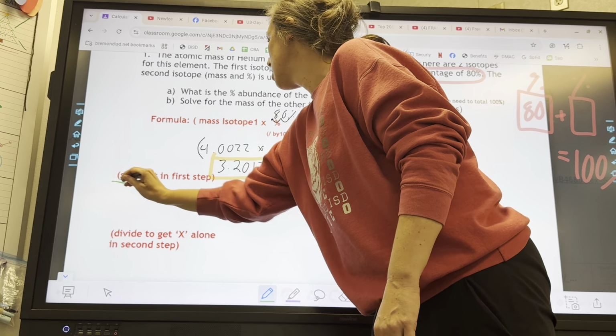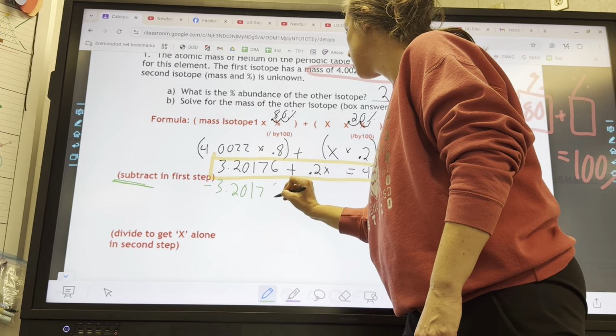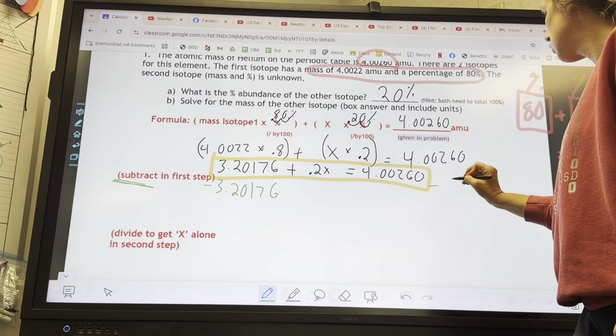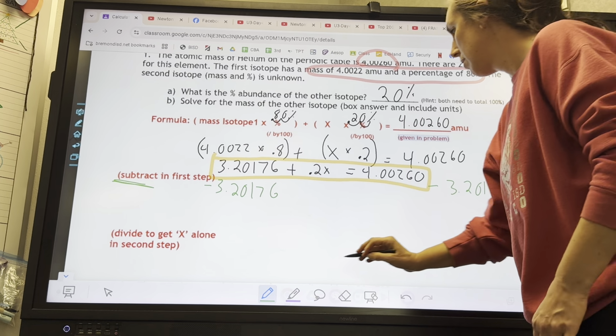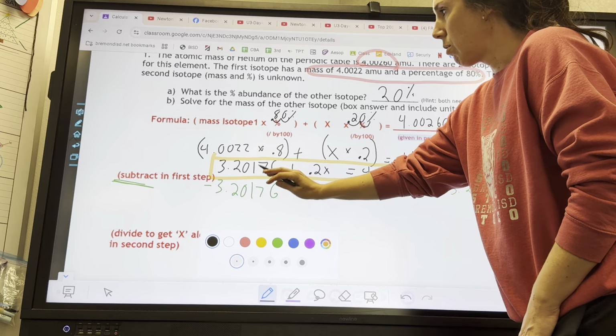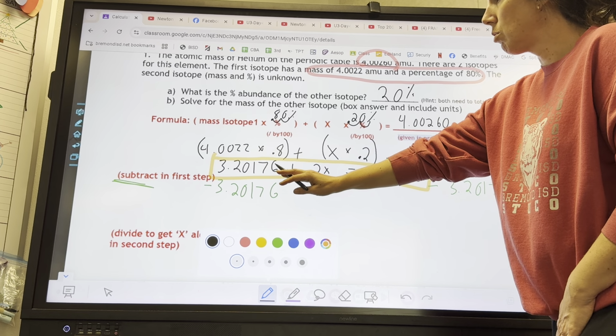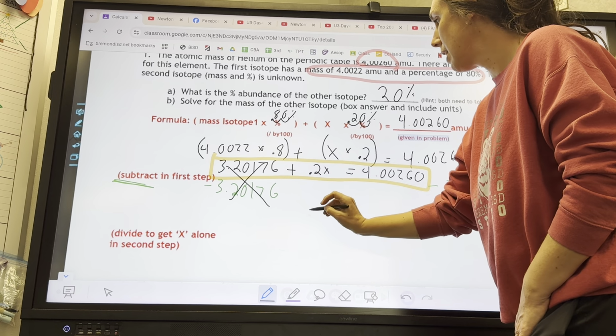Green. Subtract. So we minus 3.20176 minus 3.20176. I'm going to go back to black. Okay. This cancels out. When you have 3.20176 minus this, that cancels out. So then on this side, we're just left with